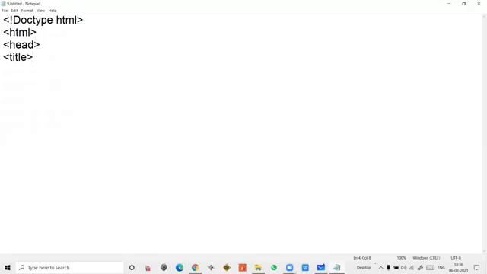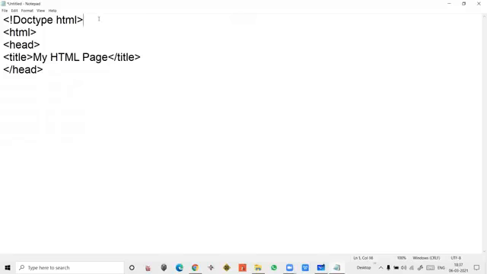For example, the title for my page is My HTML Page. This is the title. Then I'm closing the title because the title is complete. Then just close the head because this is the part of the head and we have completed with the title. So the head part is over.